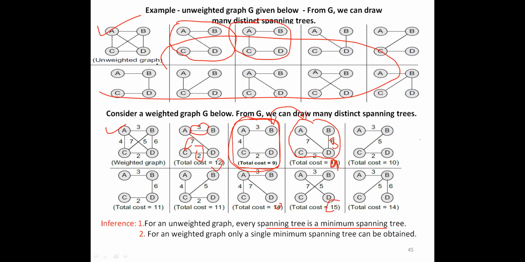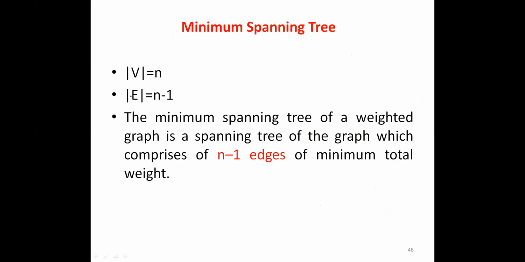So when you take a minimum spanning tree, what are the things we have to note down? What is the number of vertices in the minimum spanning tree? It is nothing but n, right? So you will have all the vertices in the minimum spanning tree. Sorry, number of vertices. When I say n equal to 10, n is nothing but the number of vertices in the graph. So in a minimum spanning tree, what is the number of vertices? It is n only, equal to n.